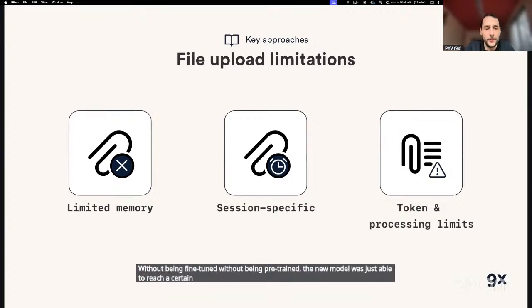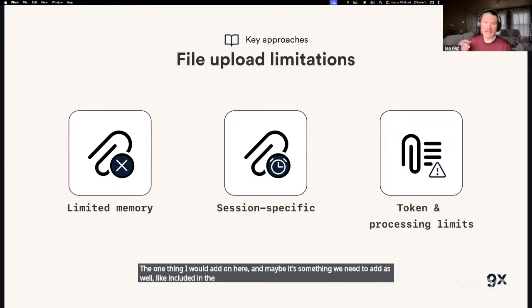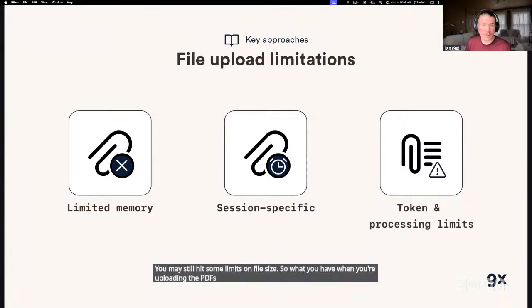The one thing I would add here, and maybe we need to include it in the token and processing limits: even if you're attaching a PDF that doesn't necessarily have 1 million characters, you may still hit limits on file size. When you upload PDFs to the chat modules, it's the same as with ChatGPT. If you're uploading a file that's very image heavy and big, the model's just going to